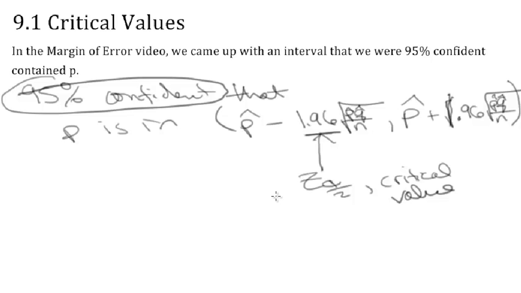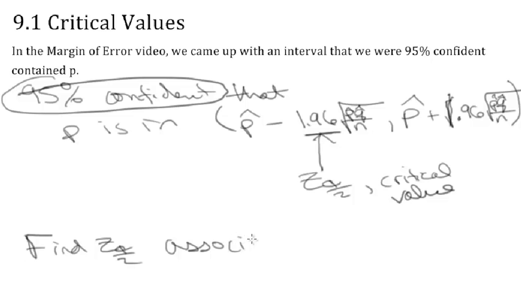What if it's really important to be accurate? Lives depend on it, or at least elections depend on it. What if we don't need to be that confident? What if we could be a little bit more relaxed and spend a little bit less money? So let's find what's the critical value